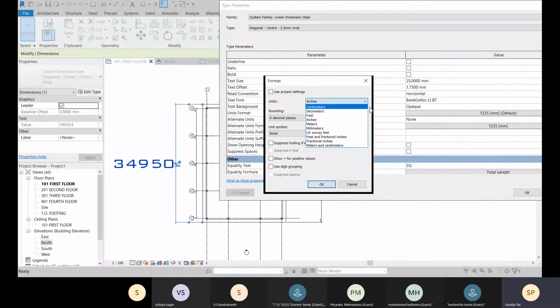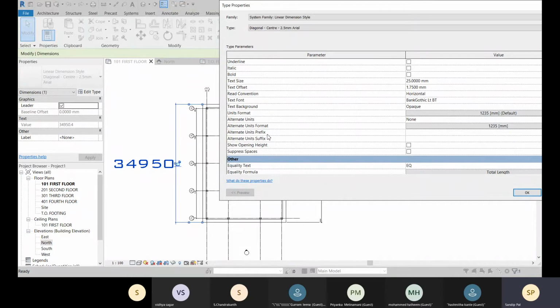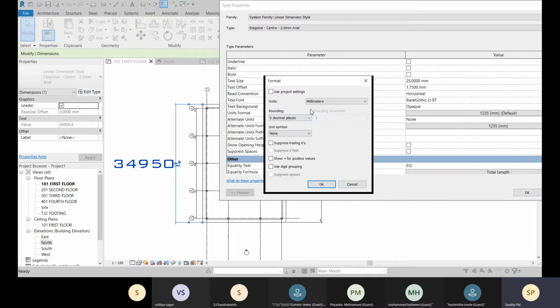Okay, so let me go to this millimeter, and let's do that. Use project settings. And about alternate units, you can see alternate units, inches, one decimal place, and let's go for this symbol. So let's click on OK.